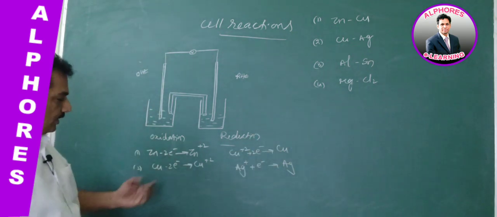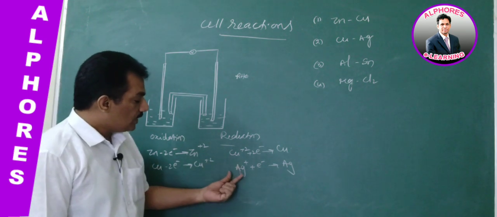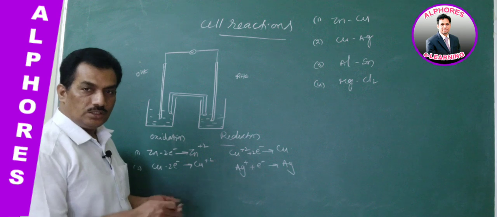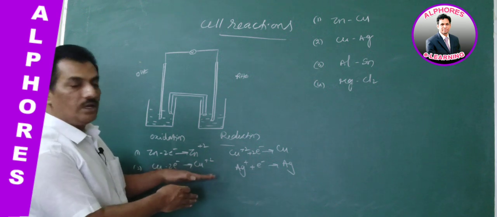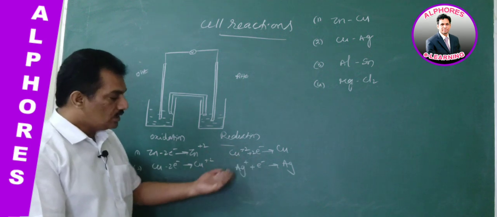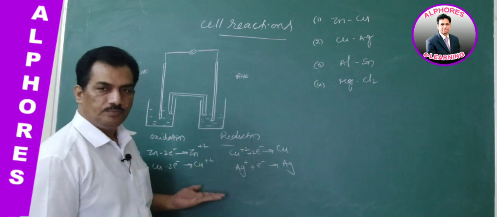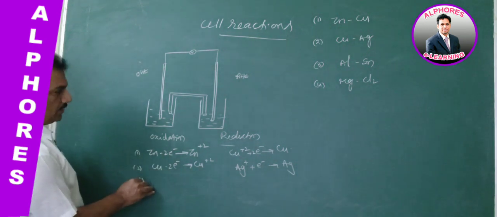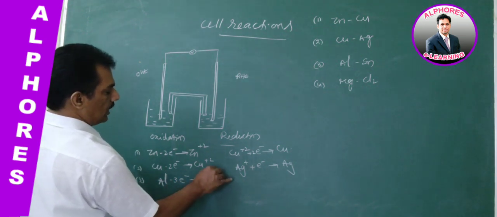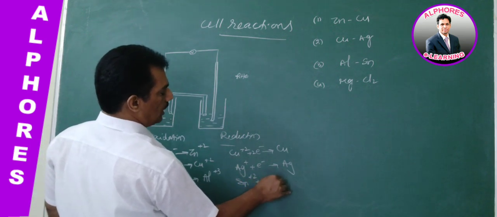That's why, just now I informed you that how to decide whether one metal electrode is going to behave like an oxidation electrode or a reduction electrode is not the content to discuss here. In the coming sessions, when the ECS, the electrochemical series, is studied, there you can decide. You will learn about it in coming sessions. Here, just for your convenience, you remember these. And then the third one: there aluminium is supposed to go for oxidation like this, and in such a case tin is supposed to go for reduction like this.